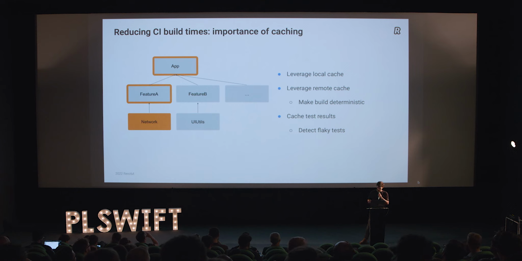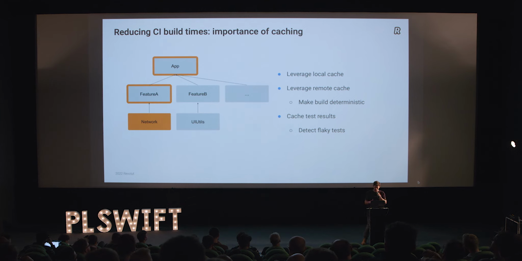You have to have a tool that is able to cache the stuff that you are not building. The second is, how cool would it be if you don't only leverage local cache, but then you have some way of getting this cache to the cloud and distribute it among both the CIs and the developer machines. That's called remote cache. So the other option is you leverage remote cache. And there is a bit of a detail here. Builds have to be deterministic, and this means that a build that is done in one machine has to be the same binary that is done in another machine. This is a bit complex because different machines have different paths, different machine names, all this kind of stuff. So it's challenging, it's doable.